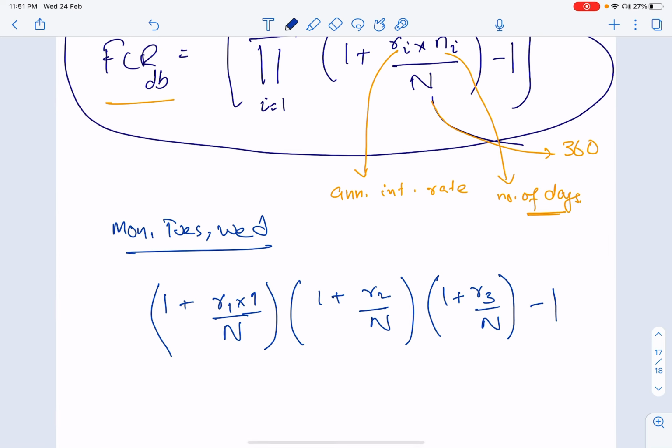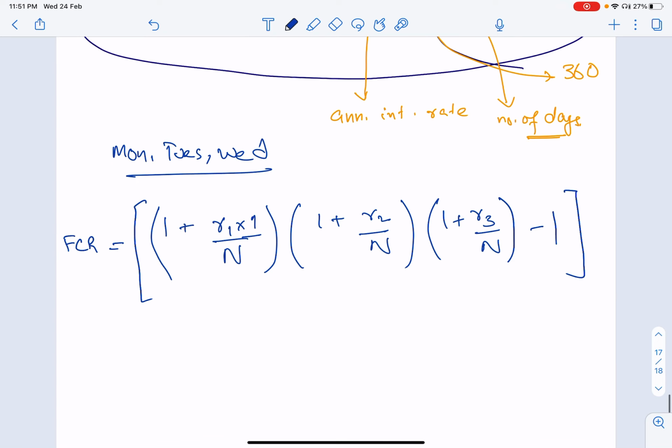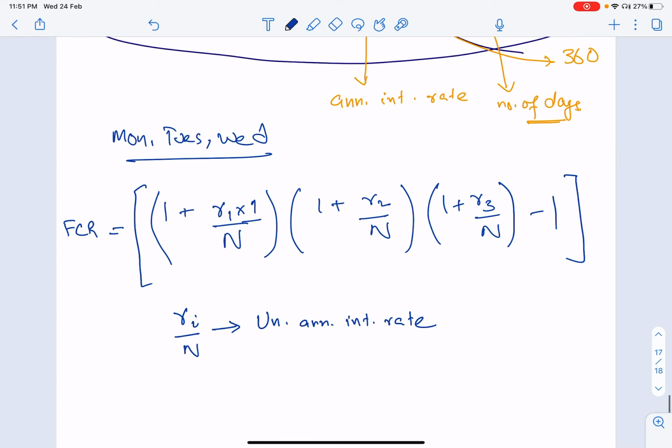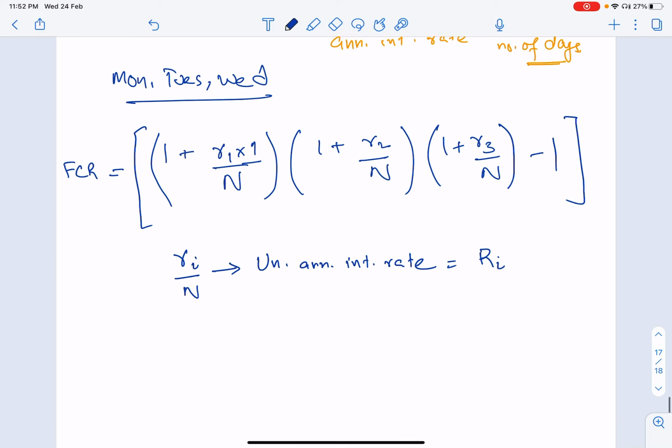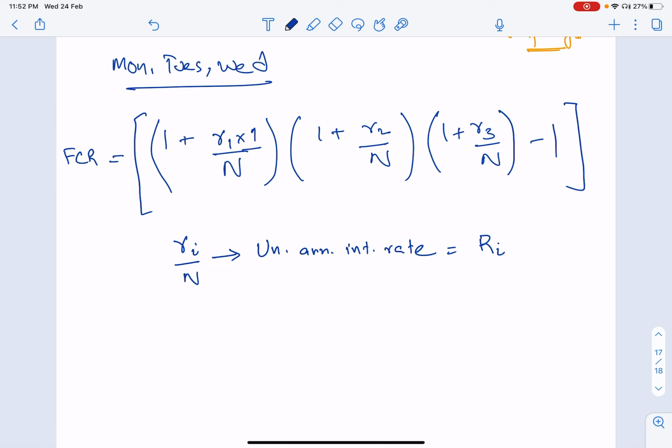So minus 1 is equal to FCR. Now, Ri over N is basically pro rata unannualized. Sorry, if I were to use the correct terminology, it is the unannualized interest rate, right? We can assume that Ri over Ni is basically equal to Ri, where Ri reflects the unannualized interest rate. So then, if you were to simplify the above equation,